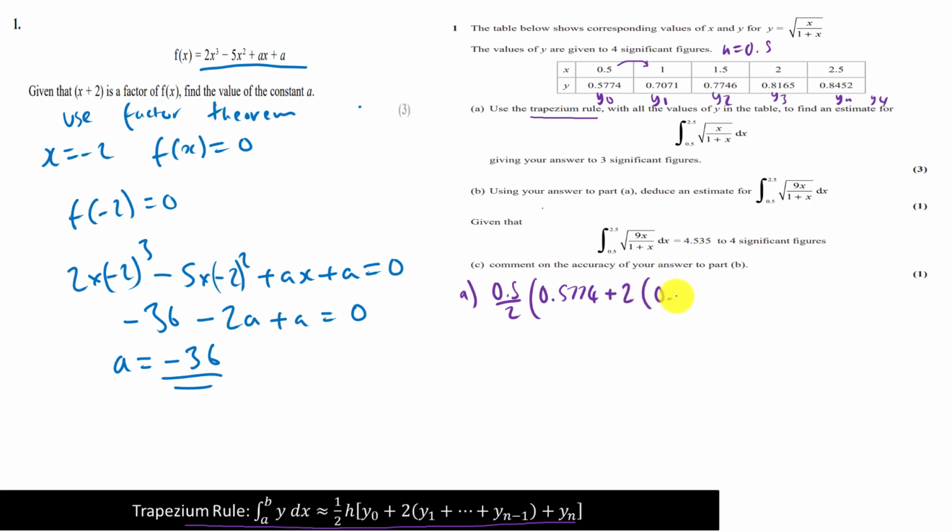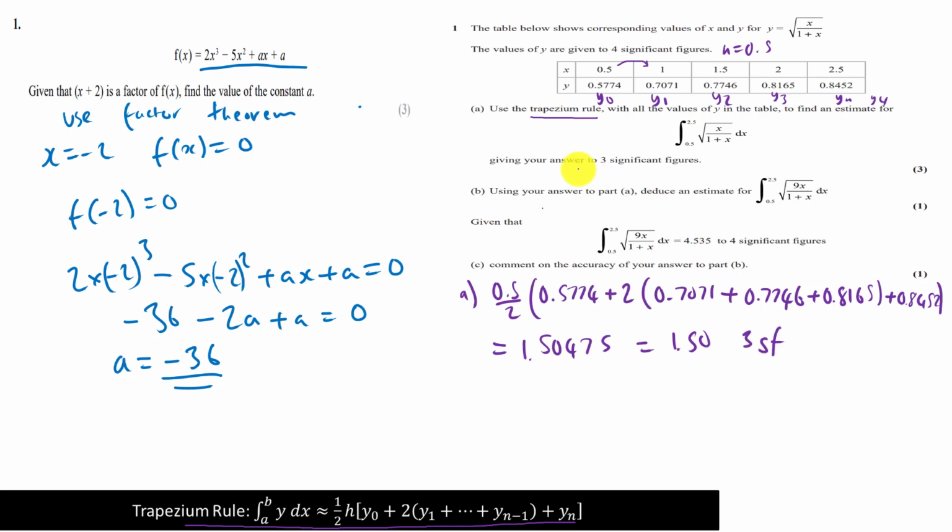So plus 2 times 0.7071 plus 0.7746 plus your 0.8165, close that bracket, plus 0.8452, and you just work that out on your calculator, and that equals 1.50475, which equals 1.50 to 3 significant figures, as the question asked that. Now part B,